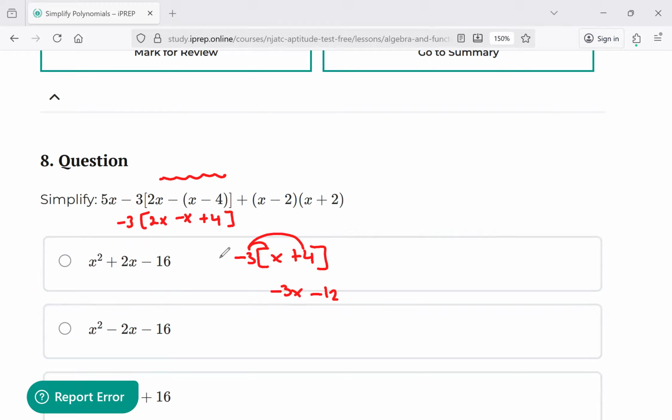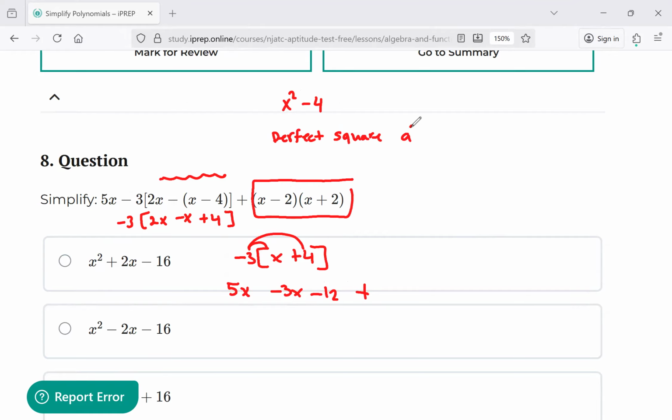Okay. And then bring down this 5x, and then it's plus. Then you have to do this whole thing. Now, you can FOIL this out one by one, but you're still going to get x squared minus 4. And how do I know? This one is a perfect square. So if you kind of know your factoring rules, perfect square,